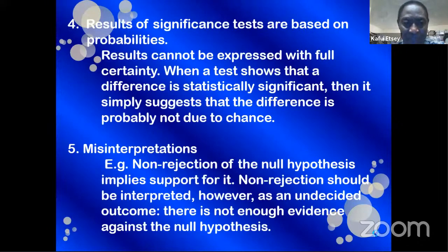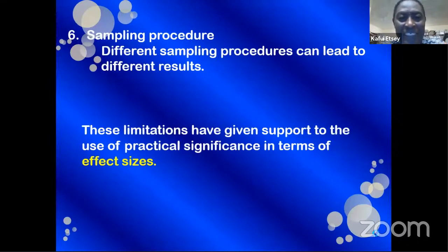And the last one, sampling procedure. There are different procedures when you are taking samples to test a hypothesis. We have simple random sampling. We have systematic random sampling. We have convenience sampling. We have stratified random sampling. So we have probability sampling procedures and non-probability sampling procedures. And what happens is that different samples can give you different results. One sample can make you reject the null hypothesis. Another sample can make you fail to reject the null hypothesis. And so every time we are doing hypothesis testing or significant testing,